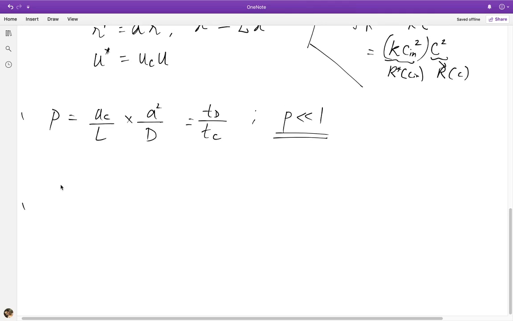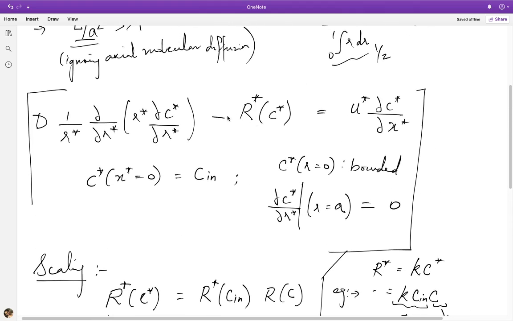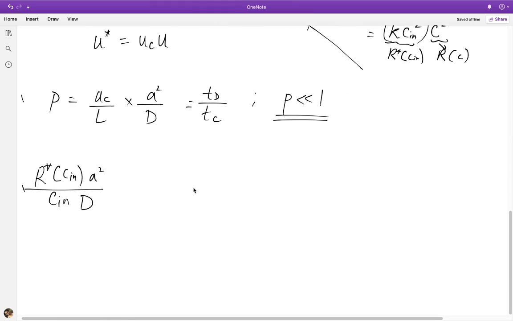So let's look at what that group looks like. Basically, you're going to have R star evaluated at Cn, times A square over D and a concentration scale, of course. This just comes from balancing these two terms, or taking this group and dividing the equation throughout by that. You'll see immediately now that this is nothing but,